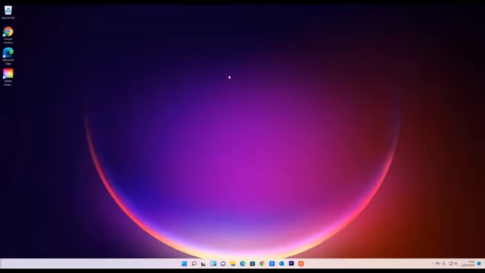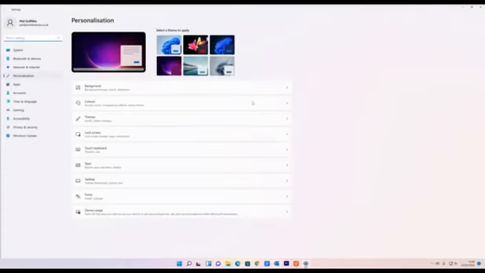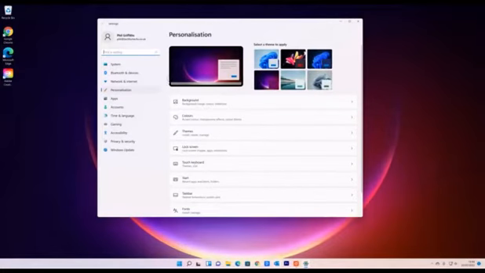The other way of doing it is right clicking on this desktop background, so when there's nothing else on the screen, you right click there and you'll get an option for Personalize. So left click on Personalize and you will get this screen up here, which looks slightly different than the previous screen. So on here you have some preset themes. For example, at the moment we've got the standard theme on with a slightly different picture, or there are